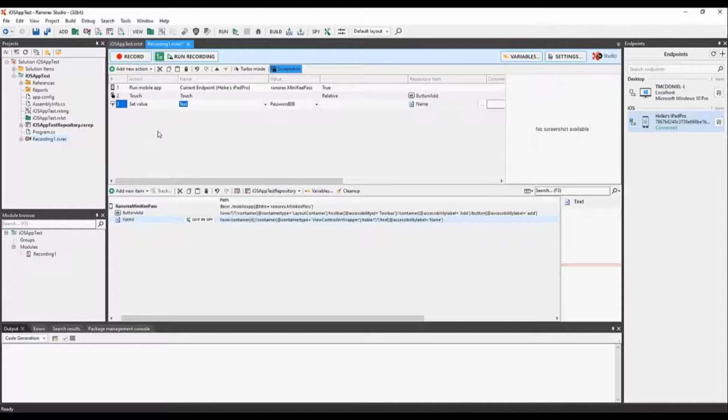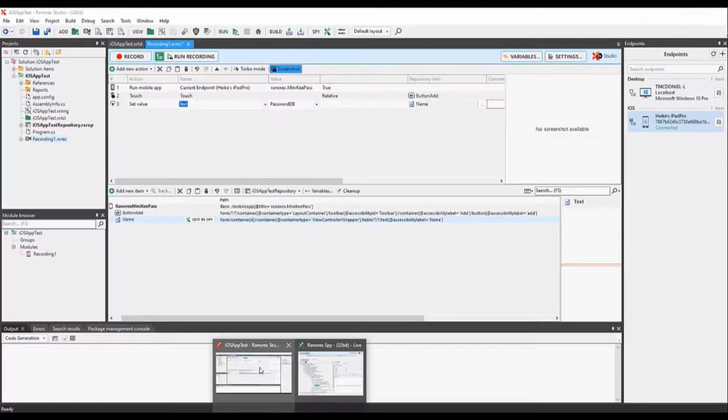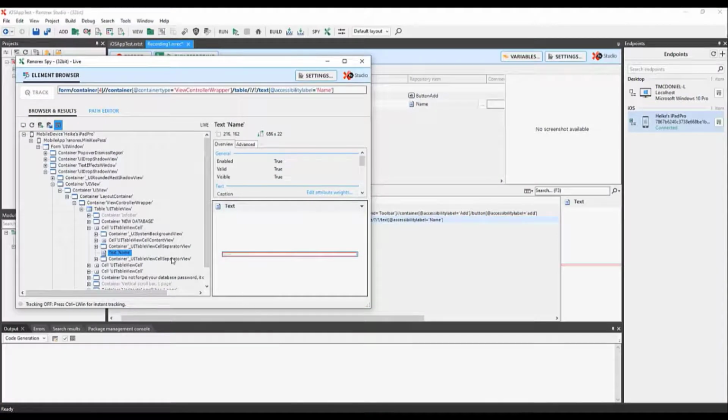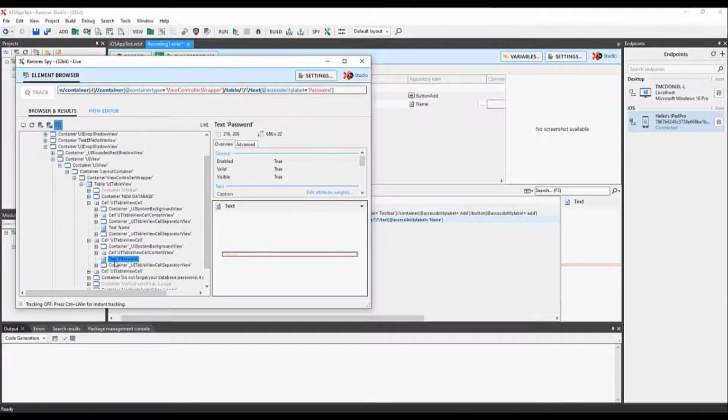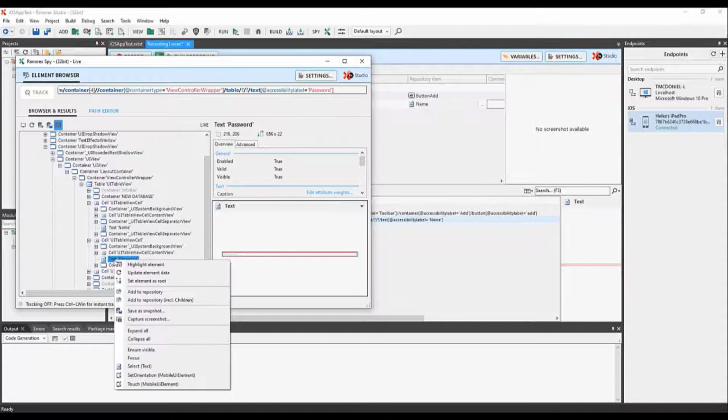And let's go back over into the spy tool. And next thing we need is the password field. So the best thing to do is to go ahead and just kind of, if you click on the outside, it will go up a field. And so we're back in our table. So what we want is this password one. So that took us really quick to the password field, and what we can do is go ahead, add this to the repository,